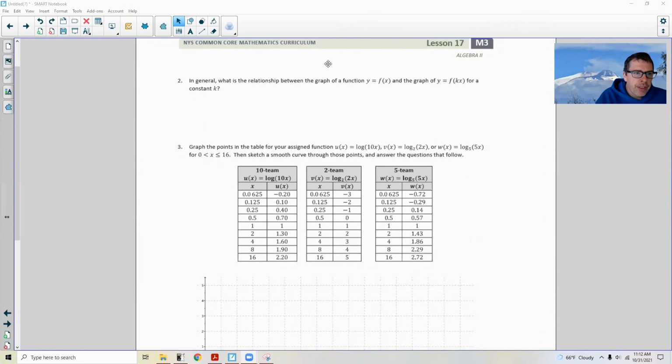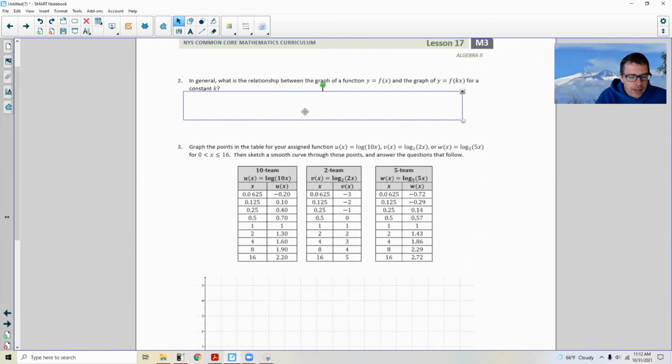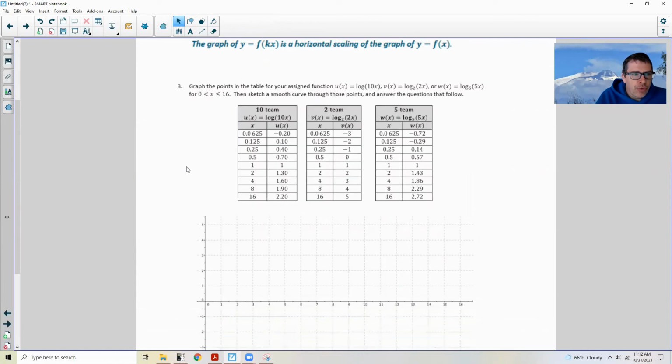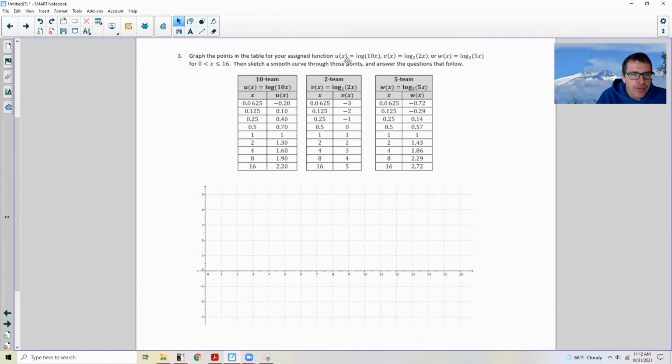Okay, page 4, number 2. It says, in general, what is the relationship between the graph of the function y equals f of x and the graph of y equals f of k times x for a constant k? The graph of y equals f of kx is a horizontal scaling of the graph of y equals f of x. Now they're asking us to graph the points in the table for your assigned function, u, v, and w, where it's base 10, base 2, base 5,